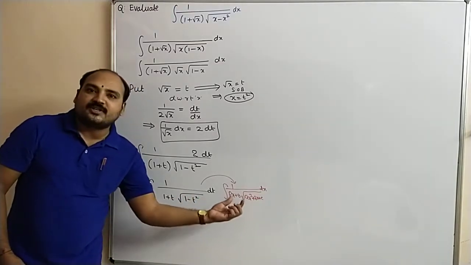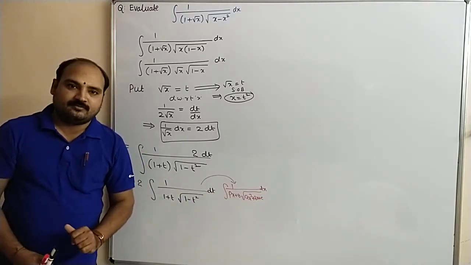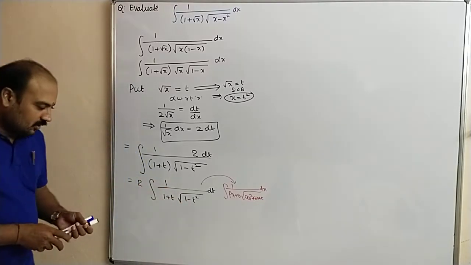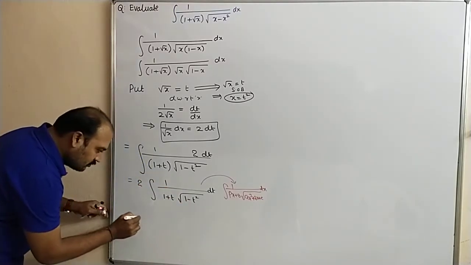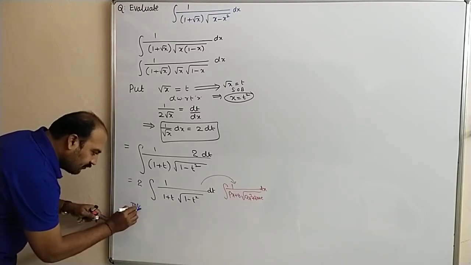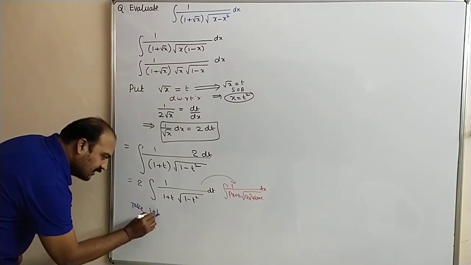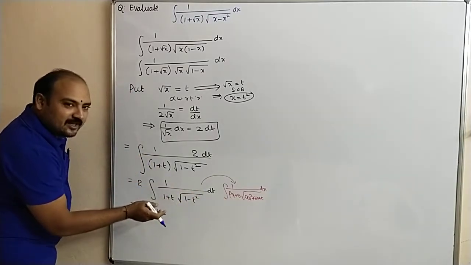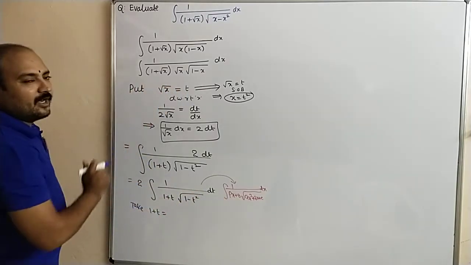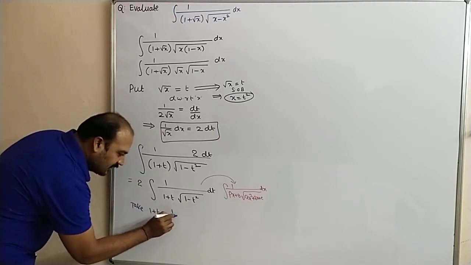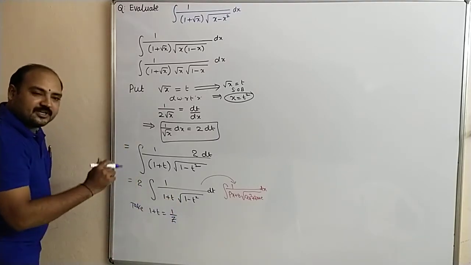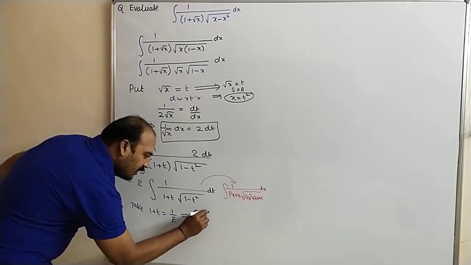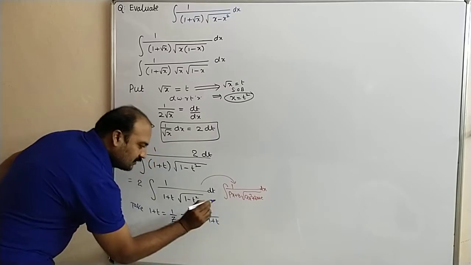This px plus q is equal to 1 by t, you have to take. So px plus q is equal to 1 by t. So now take 1 plus t is equal to px plus q is equal to 1 by t. But here in terms of t is there, no? I am assuming already t we have taken. So another one, 1 by z. Take 1 plus t is equal to 1 by z. So z is equal to 1 by 1 plus t.